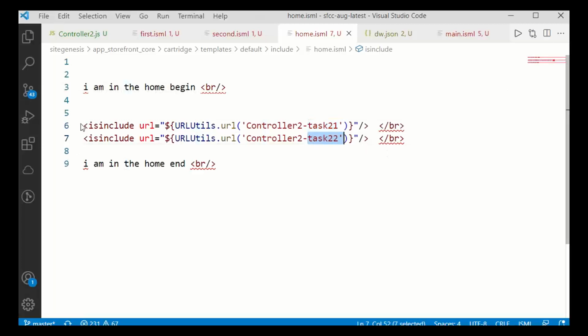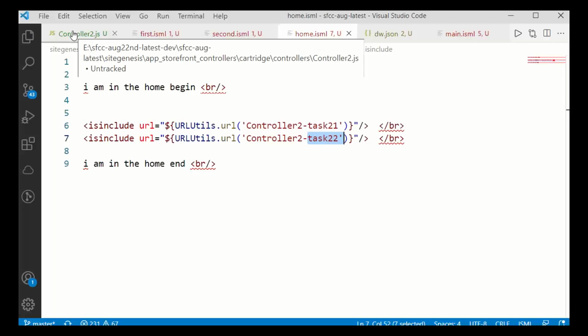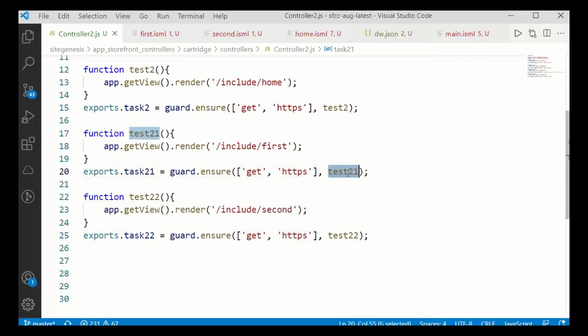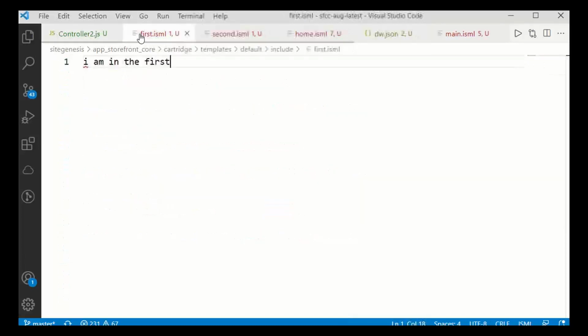Let us see inside a controller what are the task 2 1 and 2 2. This is the 2 1, this is the 2 2. This 2 1 assigned to test 2 1, this test 2 1 forwarding to first.isml. Similarly, task 2 2, test 2 2, in the test 2 2, it is forwarding to second.isml. We developed first.isml, second.isml.